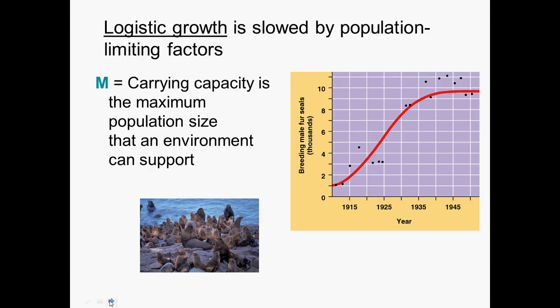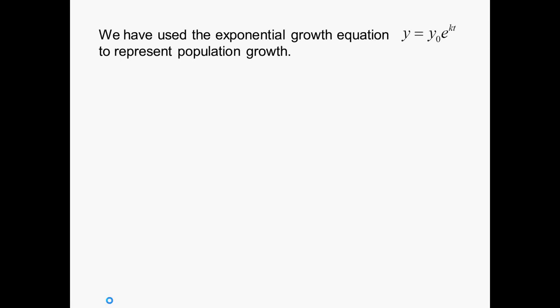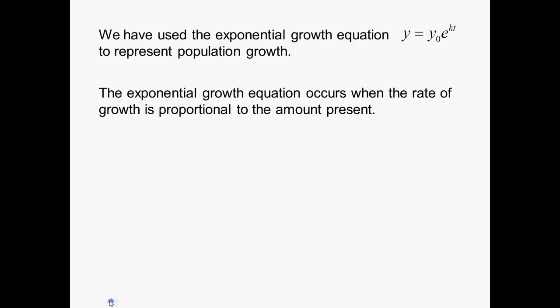So for our purposes, we are going to define, just as a letter, M to be that carrying capacity, assuming that we know what the maximum population size that some given environment can support. Here's our previous exponential model. And this, as we said, exponential growth occurs when the rate of growth is proportional to the original amount. That's what that says, right? The equation, this mathematical model,